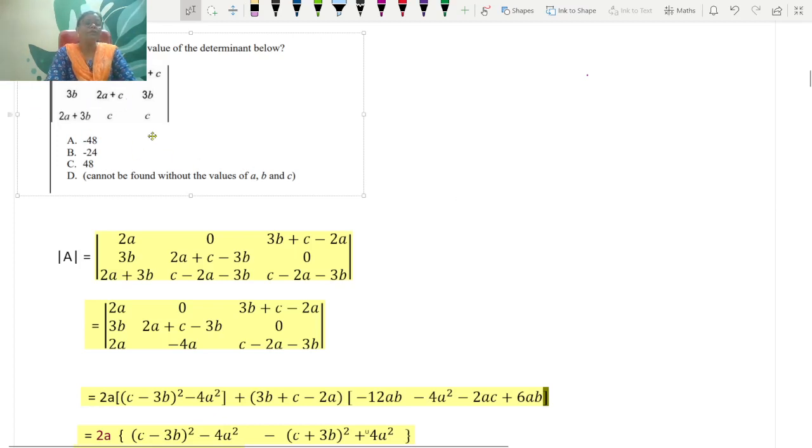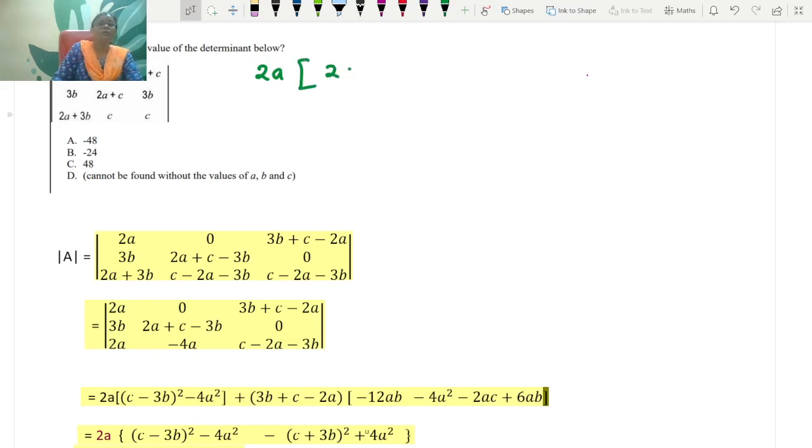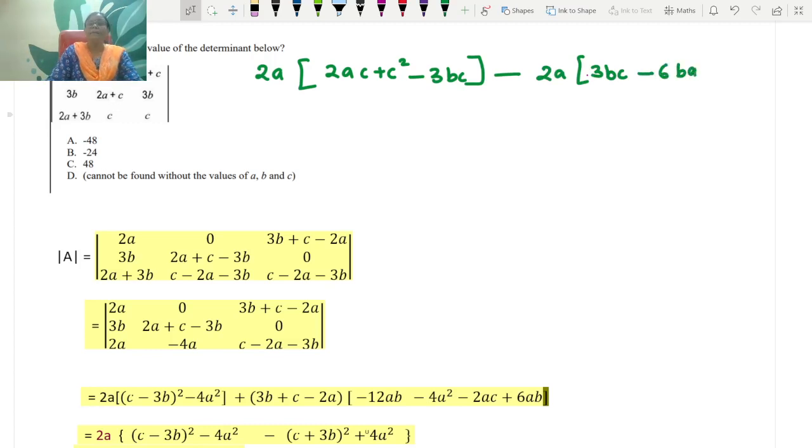तो आपको ये question को एक तरीका ये है कि आप determinant को expand करिए। आप expand करेंगे मतलब आपका expansion का formula जस्ट अभी बताया था ना मैंने, it is 2a times, मैंने first row से expand कर रही, तो ये multiplication हो जाएगा 2ac plus c square minus 3bc, that is with first, then minus it is 2a again, 2a times, ये हो जाएगा 3bc, it is 3bc minus 6ba minus 9b square. Fine, ये तो अभी second, अब last element that is 3b plus c times this is 3bc